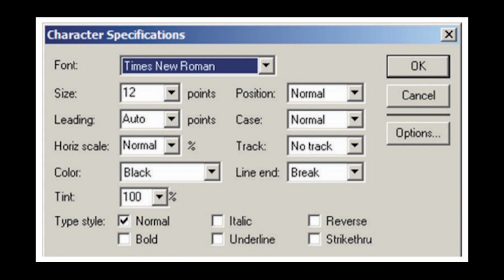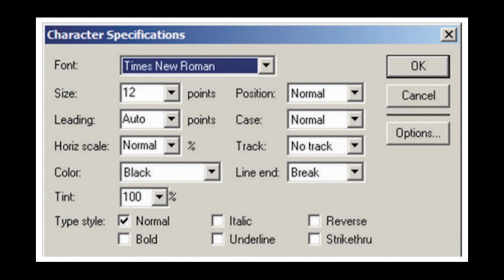The text which we have to format must be selected, and then go to type and character. In the menu we'll have type, character, or the shortcut for it is to press Ctrl and T at the same time, and a character specification dialog box will be displayed. Here we have font.